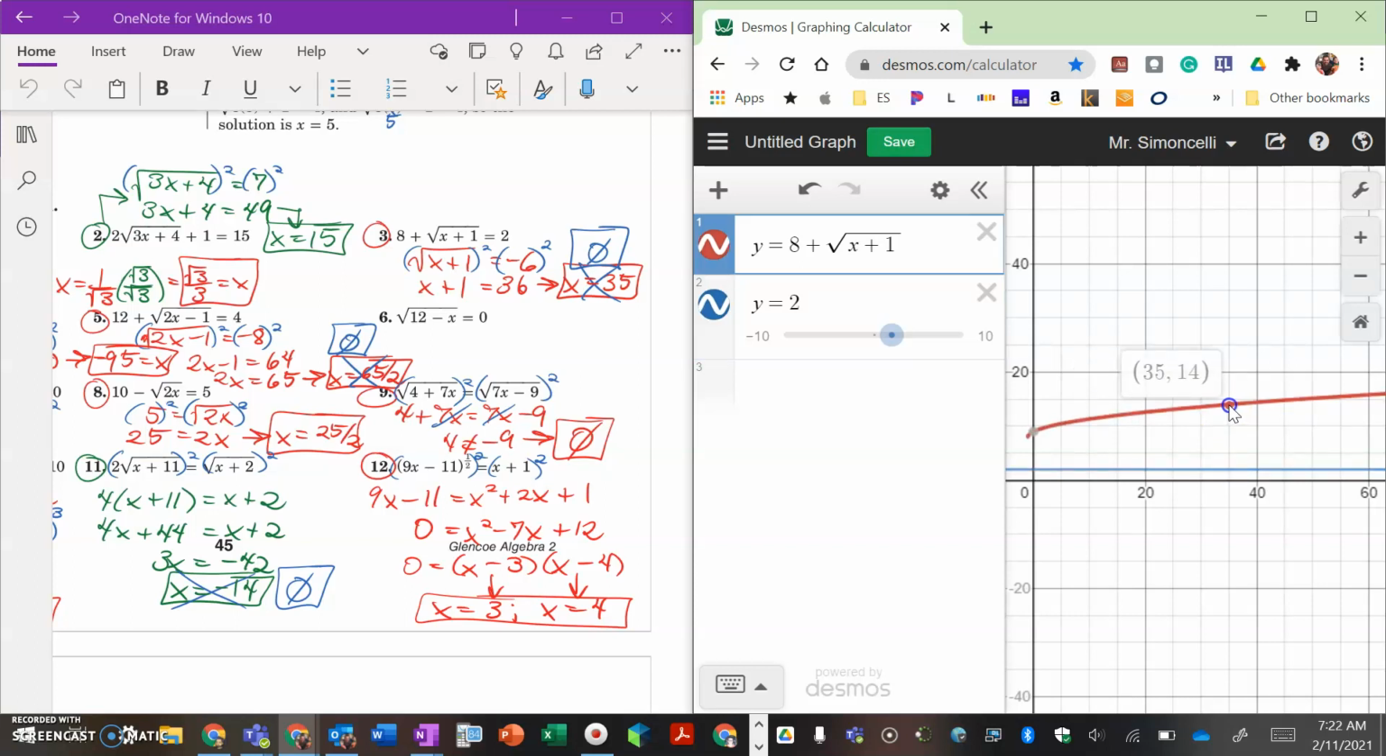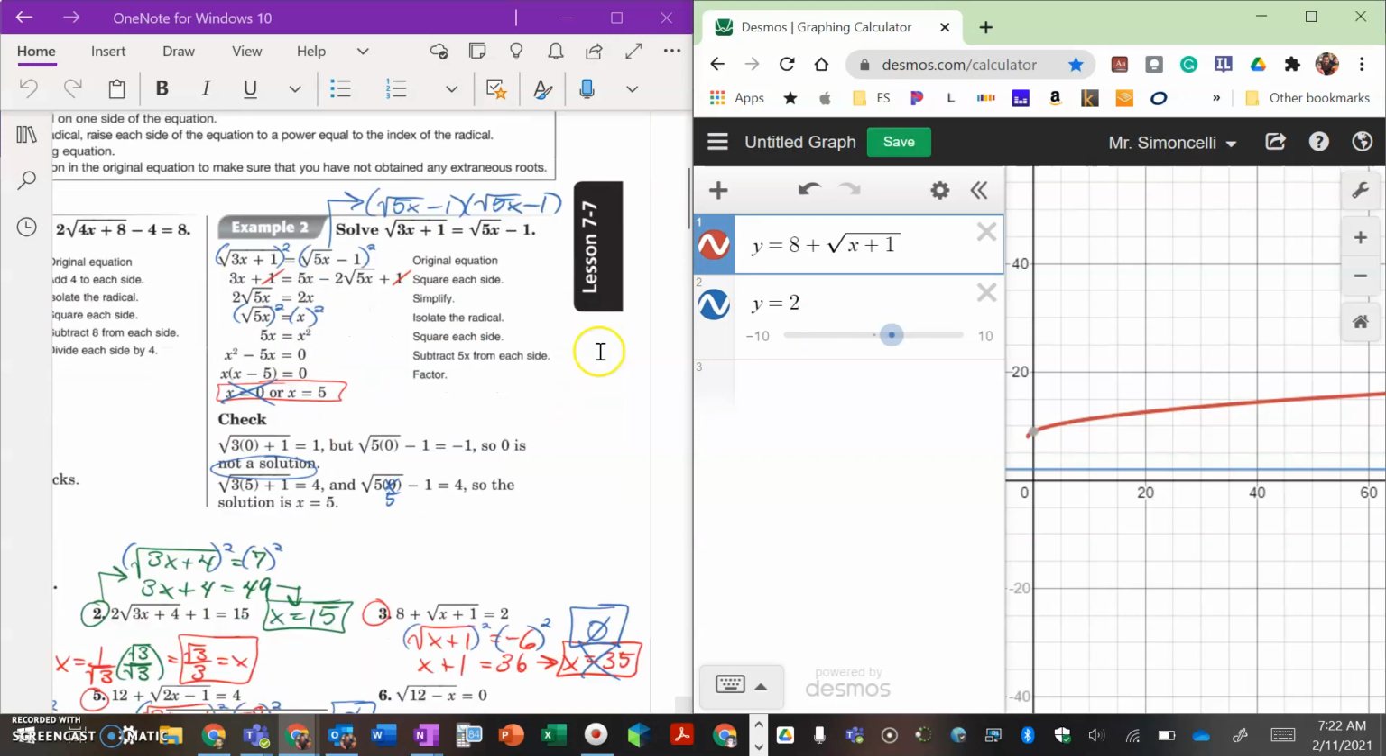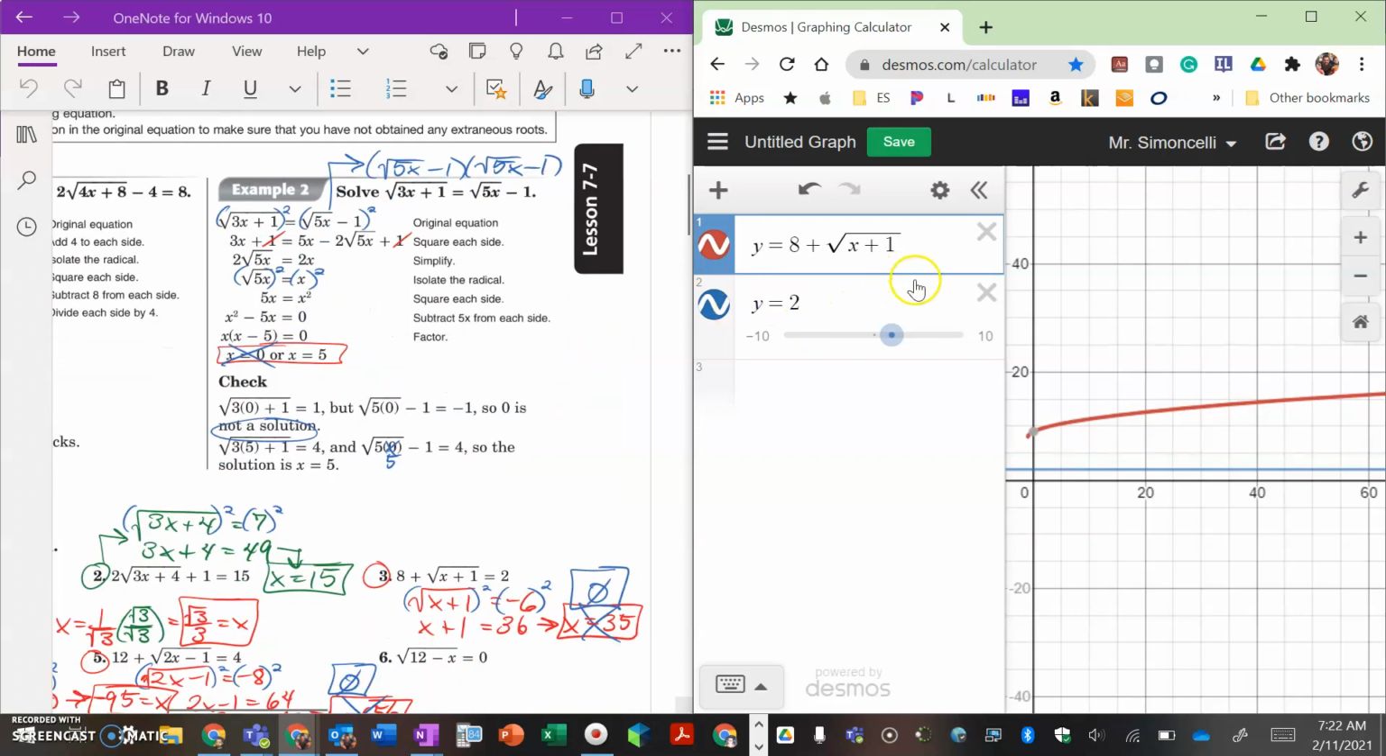You get, obviously, like I said, 14. So if you plug in 35, you get 2 on one and 14 on the other, which are not equal. If the two functions intersect, then you know you did the problem correctly. I do want to highlight, though, on the example up above, while I'm here, why don't we just go ahead